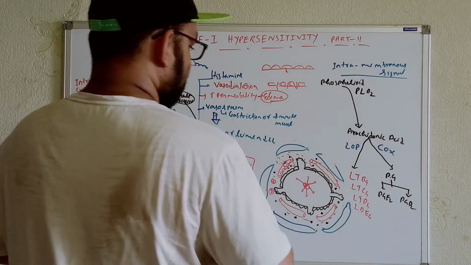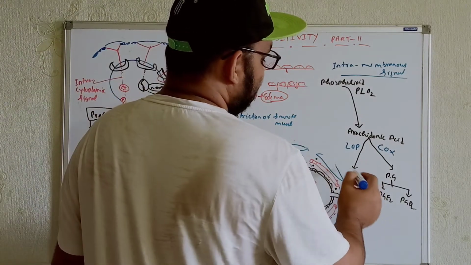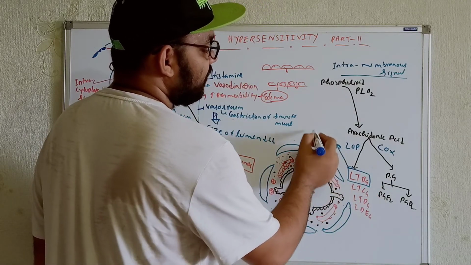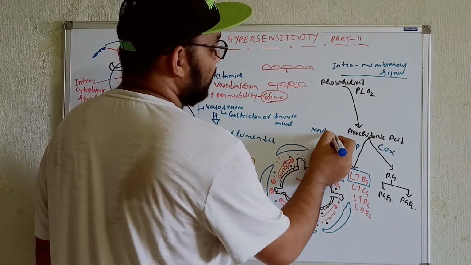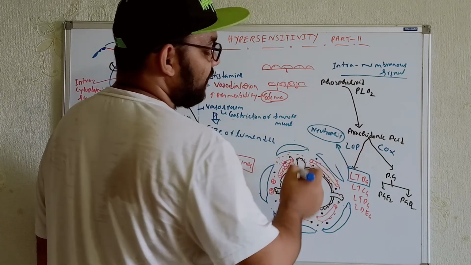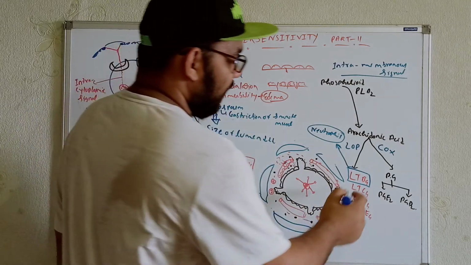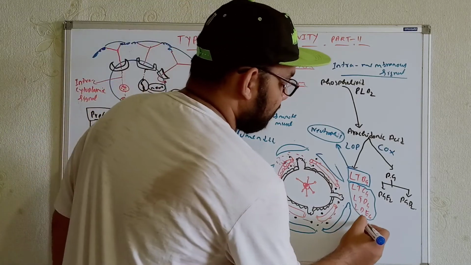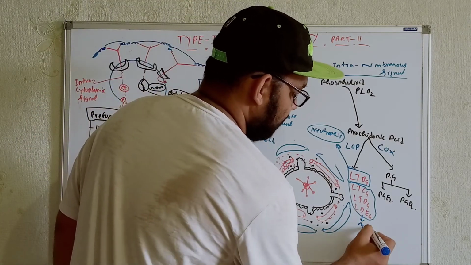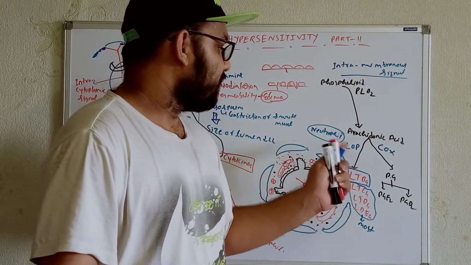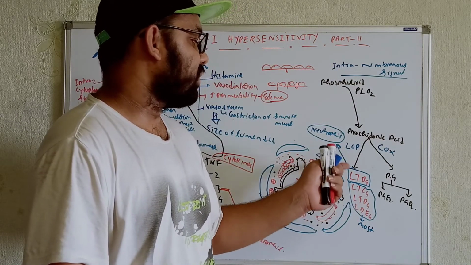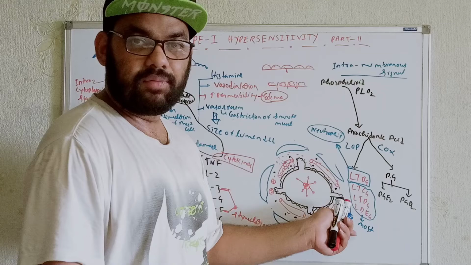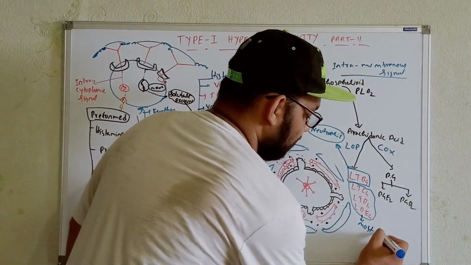Now, whatever the leukotrienes we are getting over here, try to remember leukotriene B4. Leukotriene B4 is a chemical mediator, a chemical stimulator for neutrophils. And the rest of these, leukotriene C4, leukotriene D4 and leukotriene E4, are the most potent vasogenic and spasmogenic factors. So leukotriene B4 can stimulate the neutrophil, and the other leukotrienes, C4, D4, E4, are the most potent